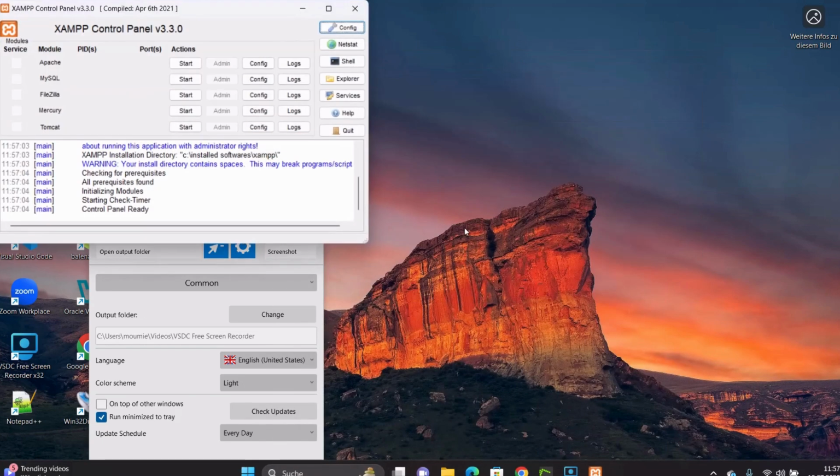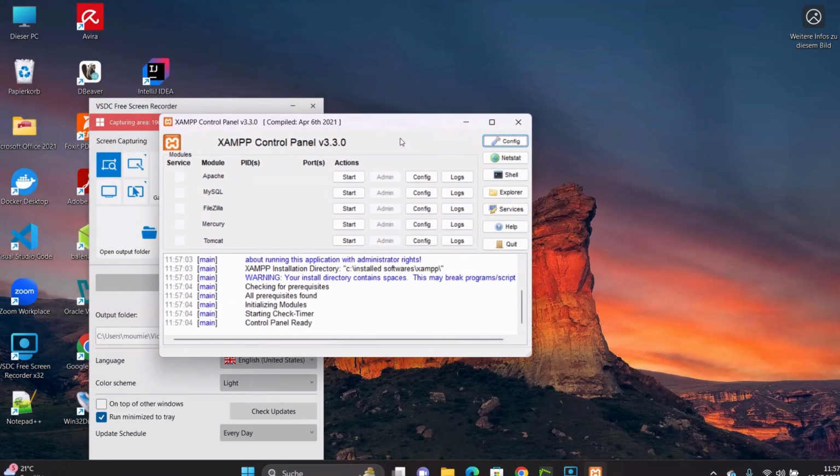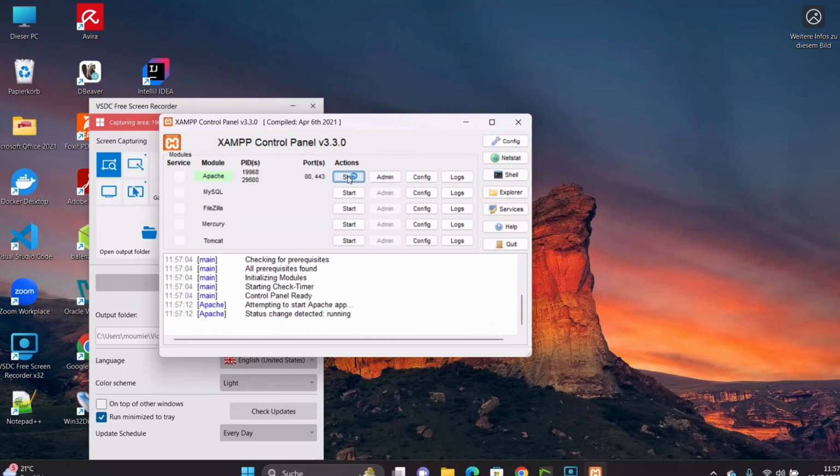And here we bring up the XAMPP control panel. And from here we start Apache. And then we also start MySQL here. For now, we need these two, and we click on admin to start